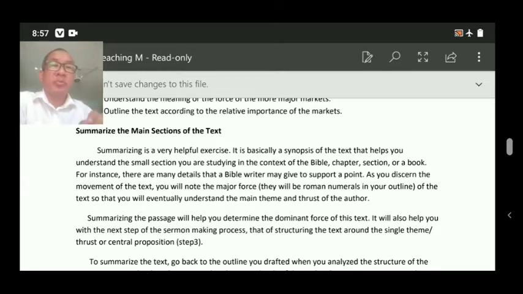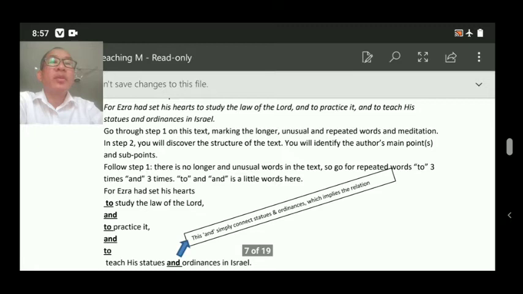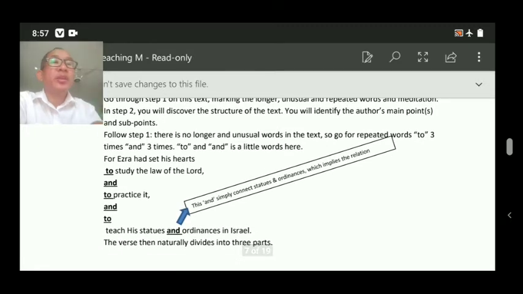The small word plays an important role there. So Ezra decided to study this, and to practice this, and to teach this. We have just discovered the small word over there. Here, to study the law of the Lord, and to practice it, and to teach the statutes and